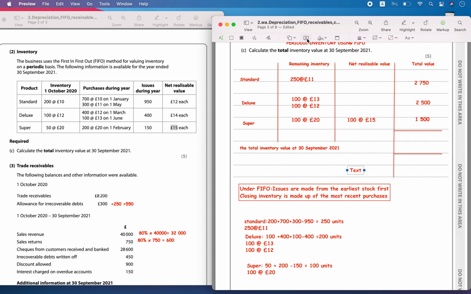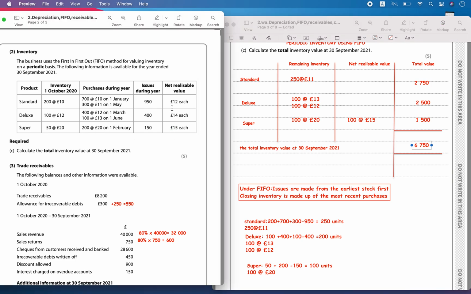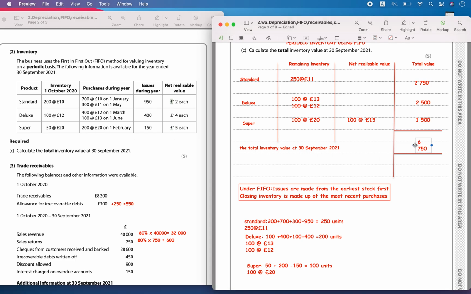Now let's add up all this total value. It is going to be equal to 6750 pounds. So this is the value of the closing inventory that's going to remain with the business after the